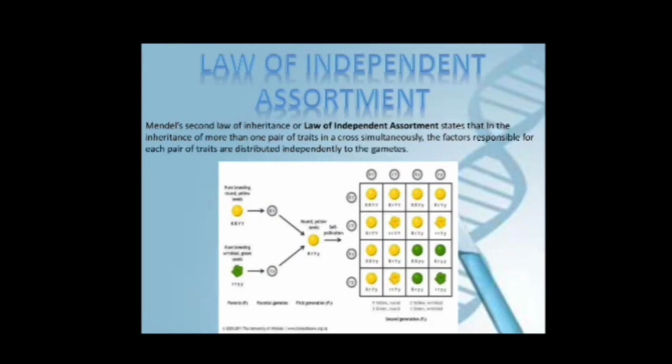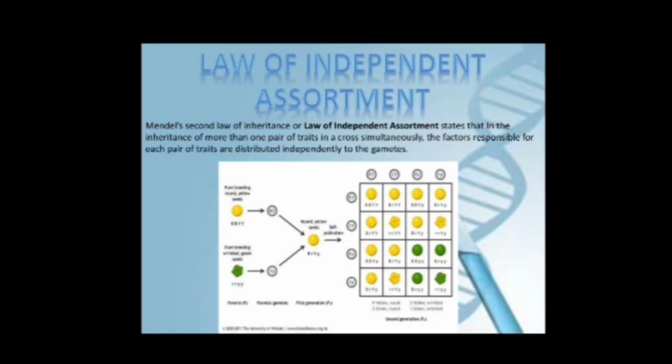That is, we need to know whether they ignore one another when they are resorted into gametes, or whether they stick together and get inherited as a unit. When Gregor Johann Mendel asked this question, he found that the different genes were inherited independently of one another, following what's called the law of independent assortment. In this article, we'll take a closer look at the law of independent assortment and how it is used to